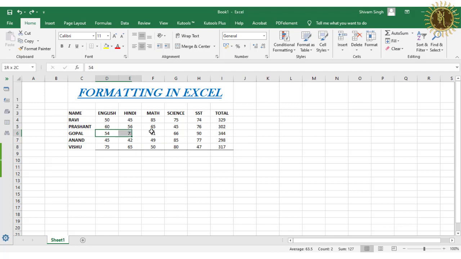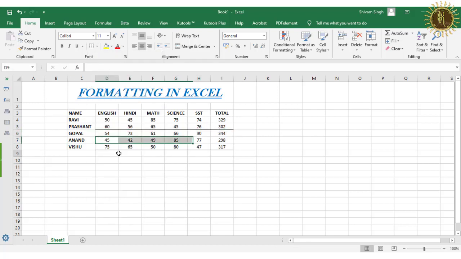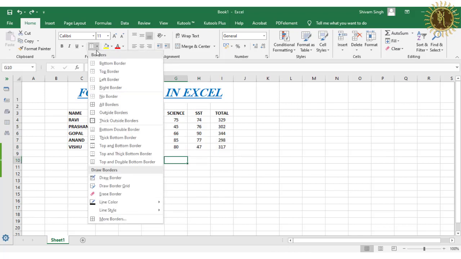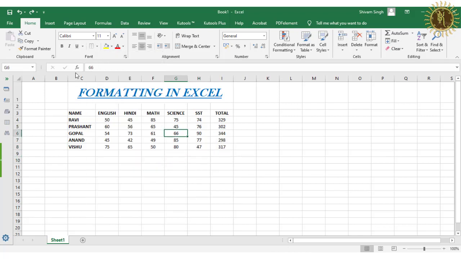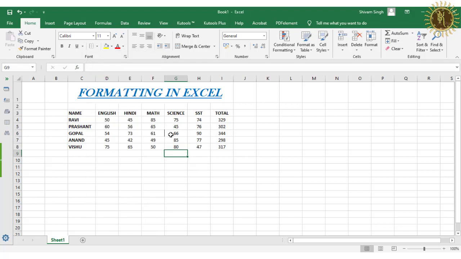Then we will select the top border. So you can see here the top border of the selected cell has been applied. Then we will go to the left border of the selected cell, and you can see here the left border has been applied, and this is the right border.